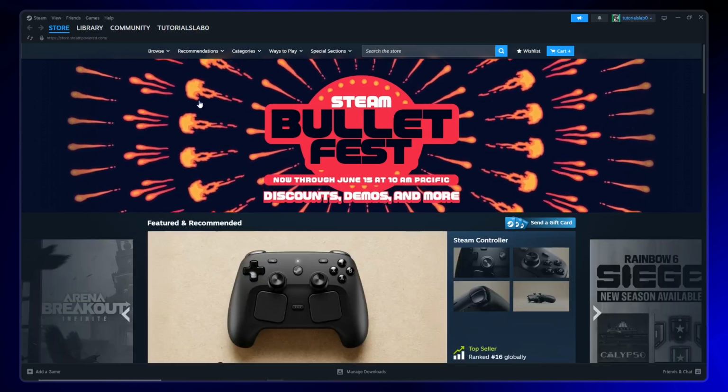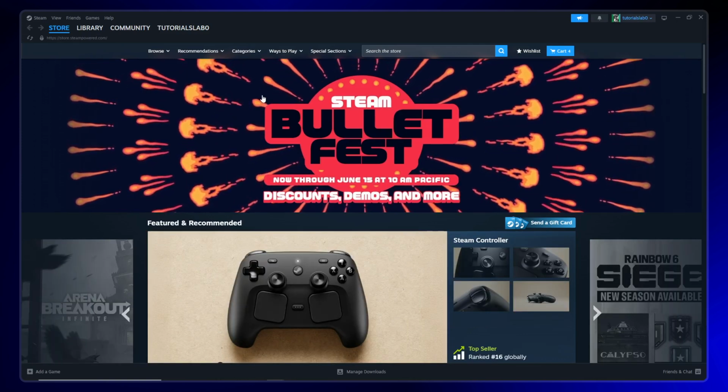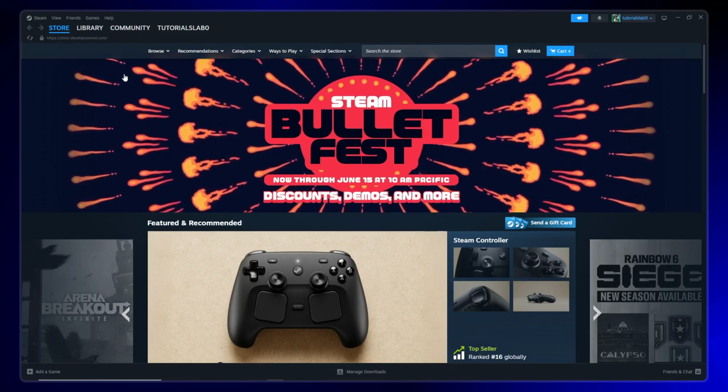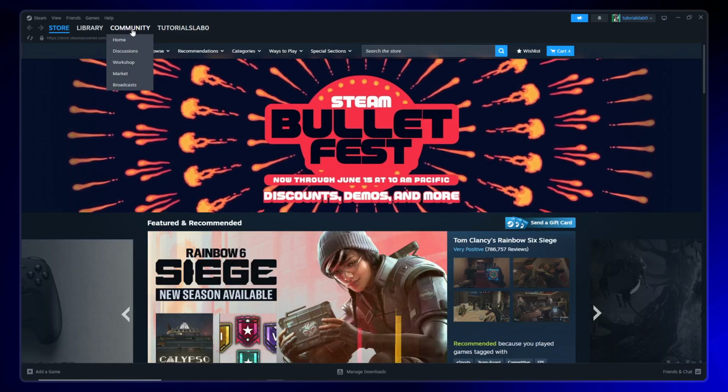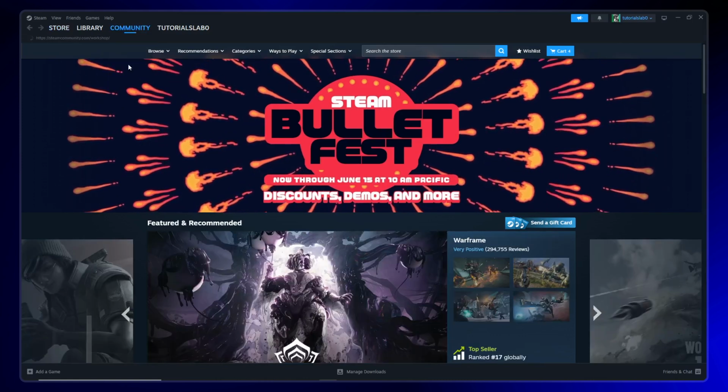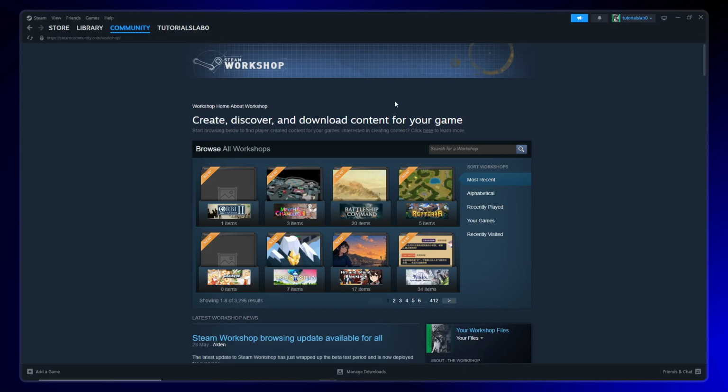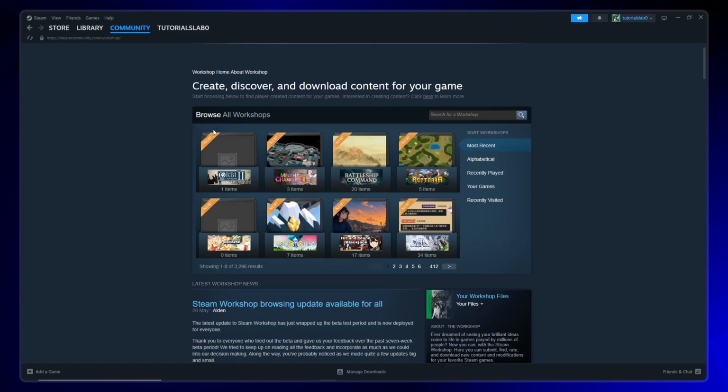First, open your Steam app and log in with your credentials. Once you're logged in, direct your attention to the upper left corner of the screen. Hover your mouse over Community, and from the drop-down menu that appears, select Workshop. This will take you to the Steam Workshop page where you can explore all the available user-created content for your games. Now you can browse through the results to see what's available, or if you have something specific in mind,